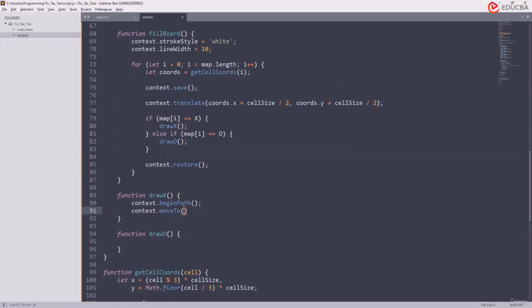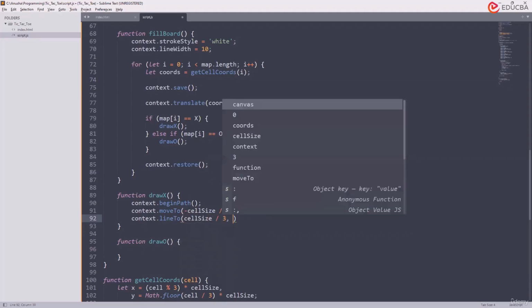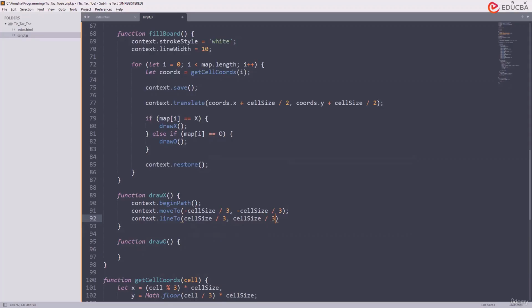So moveTo of x starts from the top. So you put minus cell size by 3. You can just play around with it. You can put different cell sizes and see how it gets drawn, and then with that you'll be able to understand why I put these. And then lineTo of cell size comma by 3 and cell size by 3 again. And then the next one,